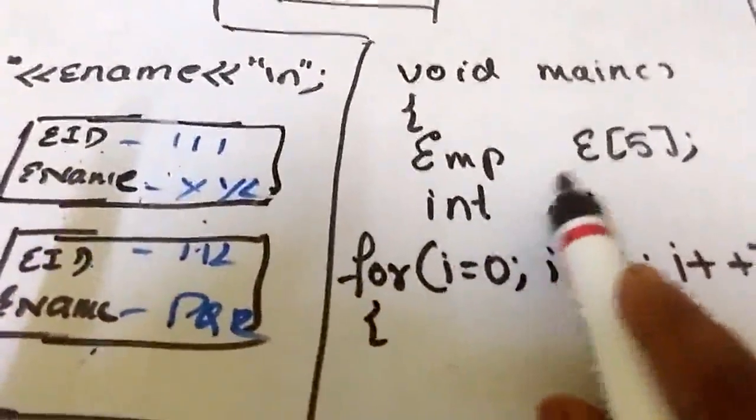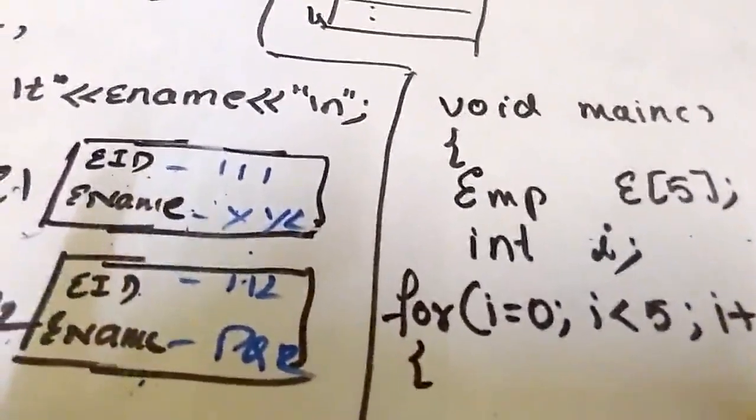Only the main function will be changed here. EMP E of 5. Okay, I want to insert 5 employee details. Now,